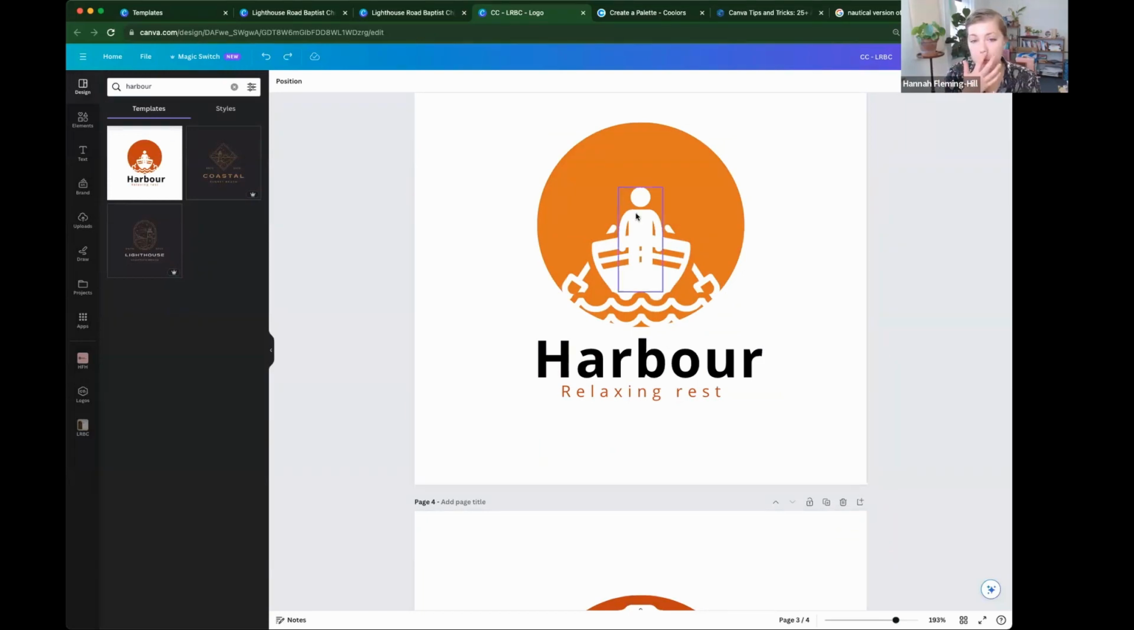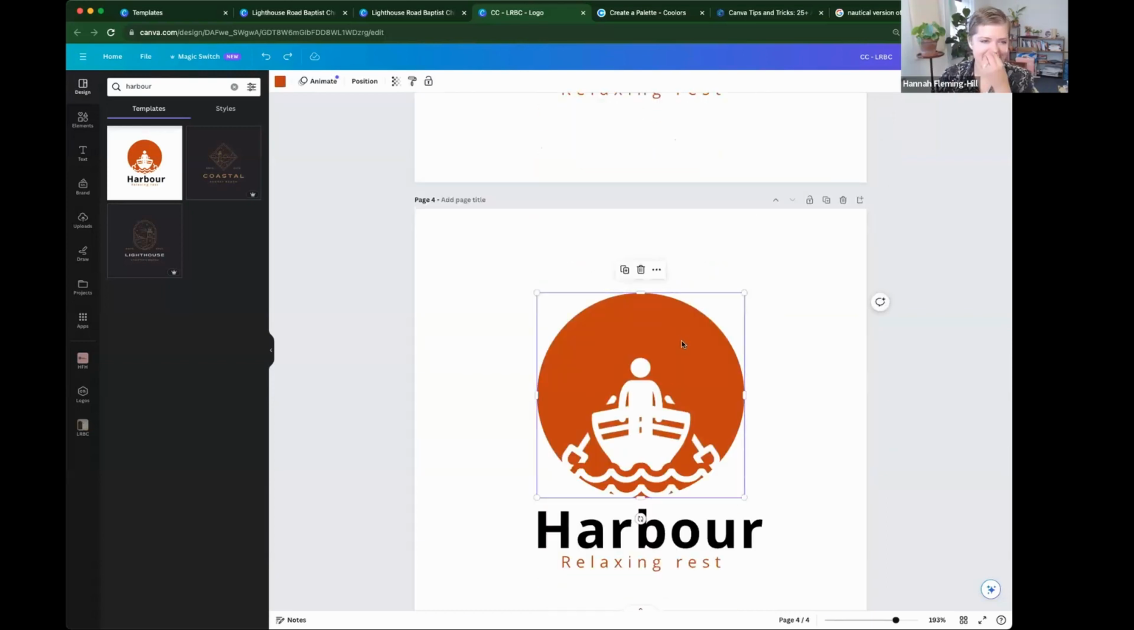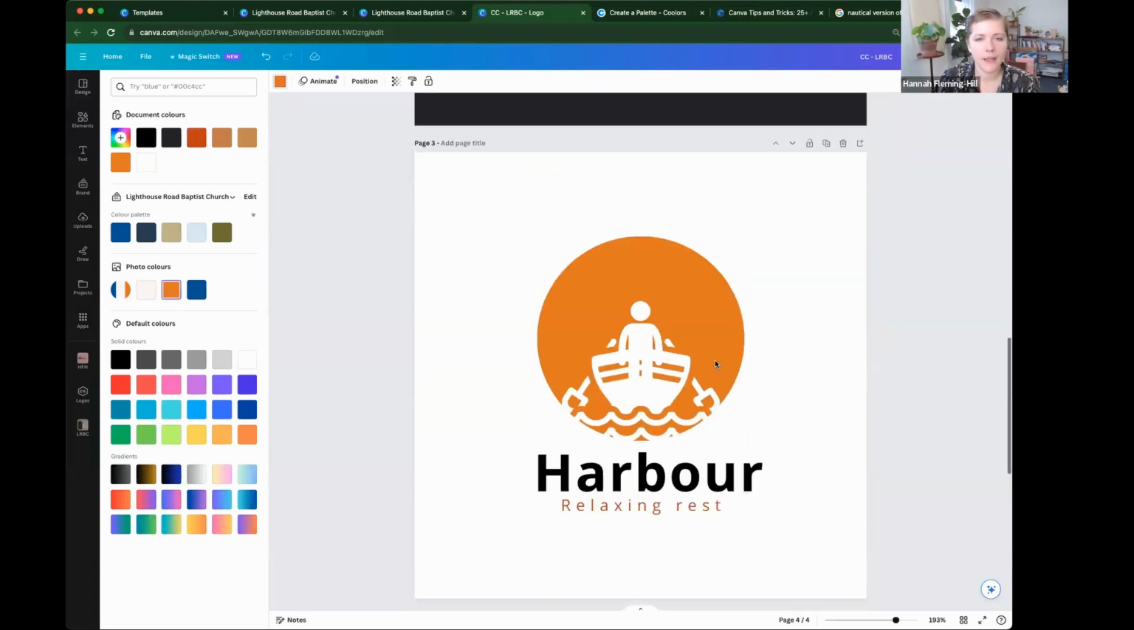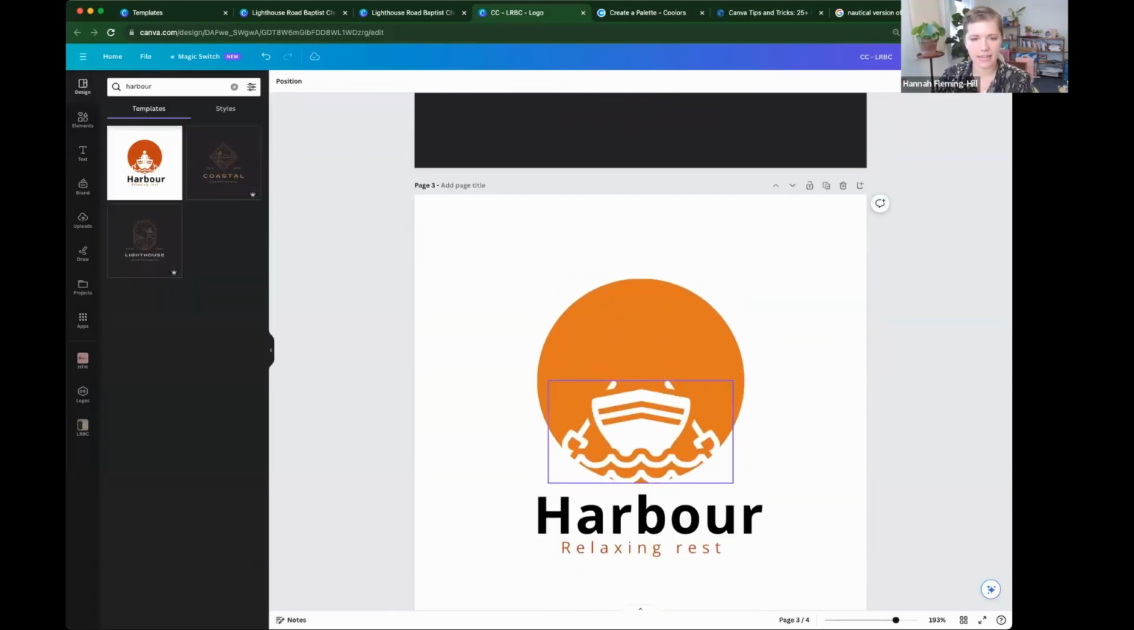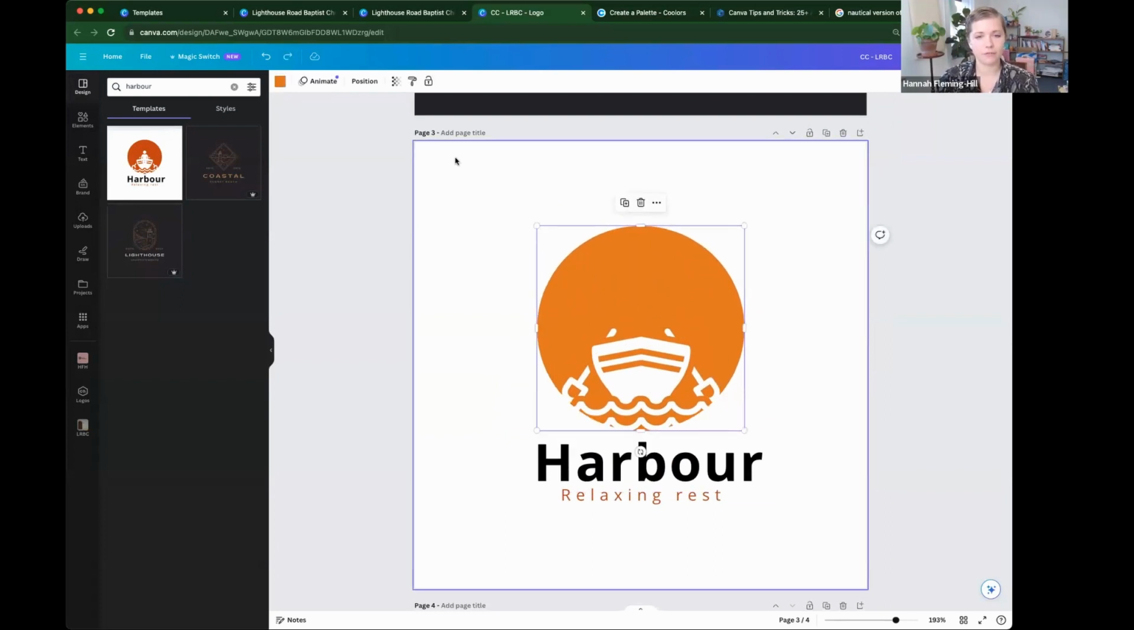But we could create a couple of different options. So I've got the other one here. So I've just duplicated that page, and I'm going to just make that orange as well. But I'm going to remove this person here, and just so it's easier to see for everyone,